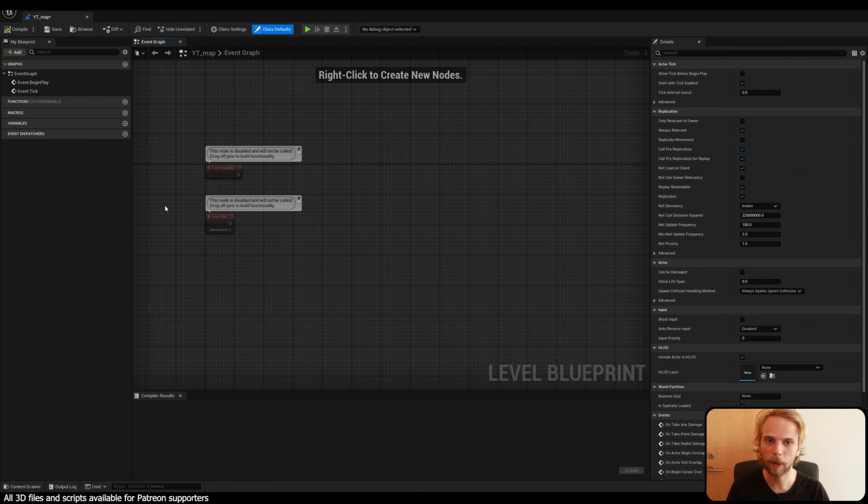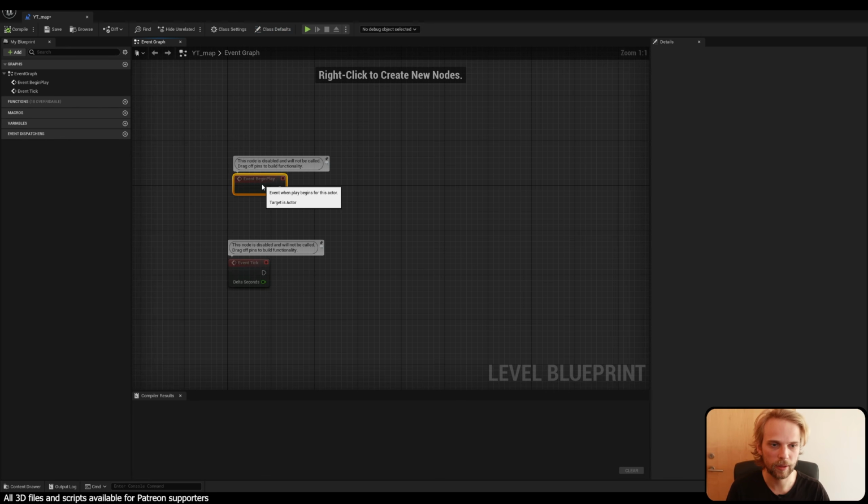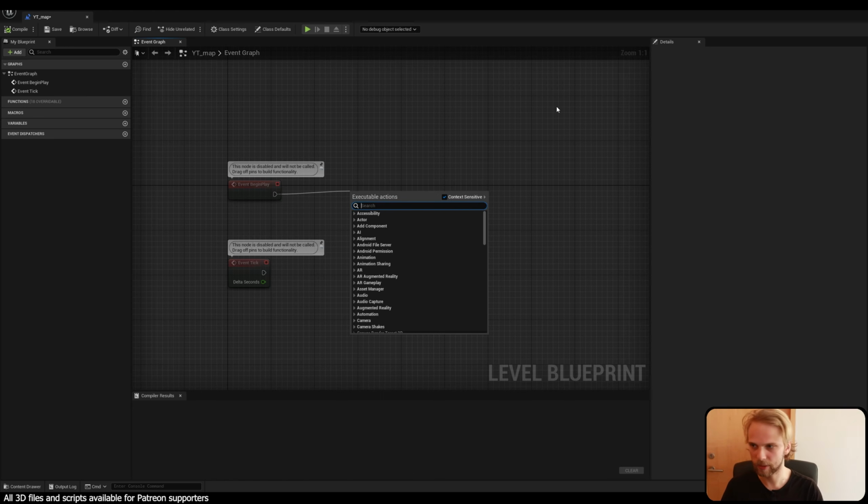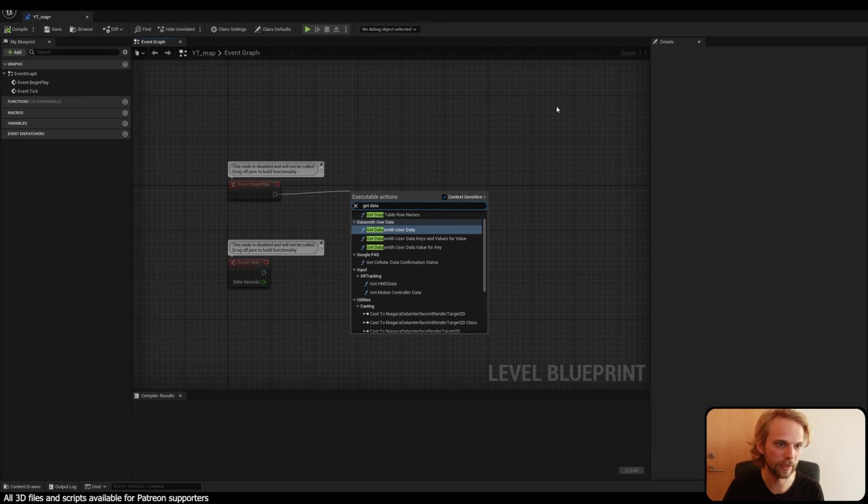So as event begin play, as playing begins, it needs to extract the data from the Excel spreadsheet. So we're going to drag out of the output here and we'll type in get data table row names, right? First we get the names